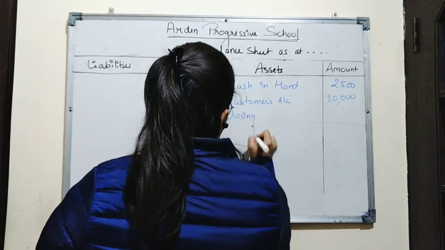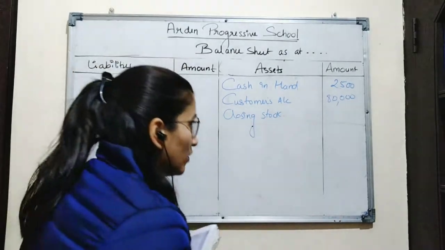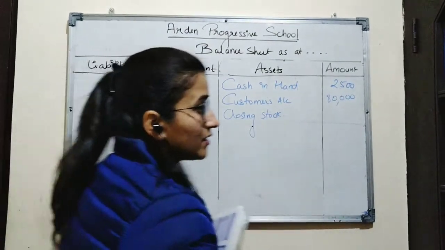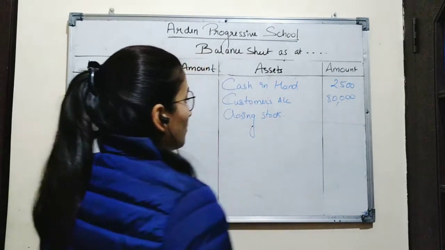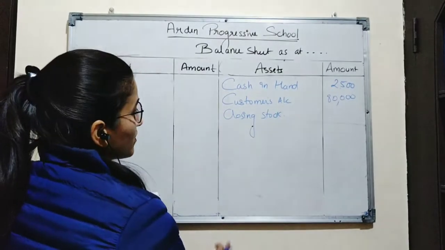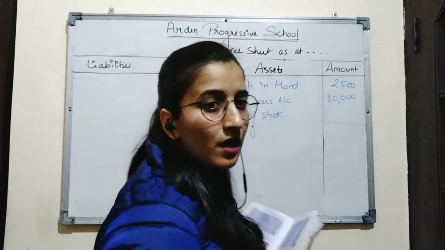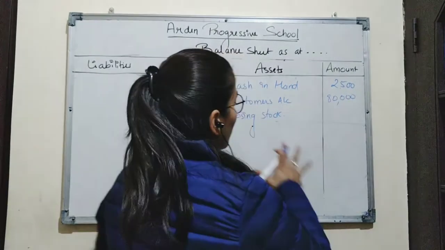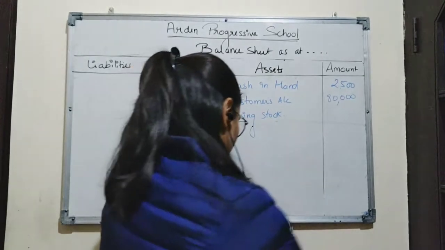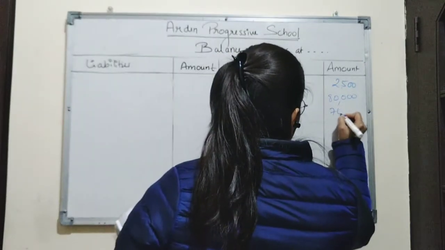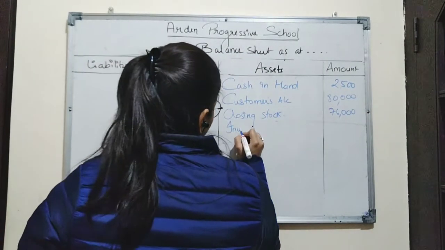closing stock. So closing stock is given inside the trial balance, and we know if the closing stock is given inside the trial balance, that means the closing stock has already been deducted from purchases. So we record the closing stock in this case only in one side, which is asset side of balance sheet. Closing stock will not be recorded on trading account if it is given inside the trial balance. So amount of closing stock here is 76,000. Next item will be investment.